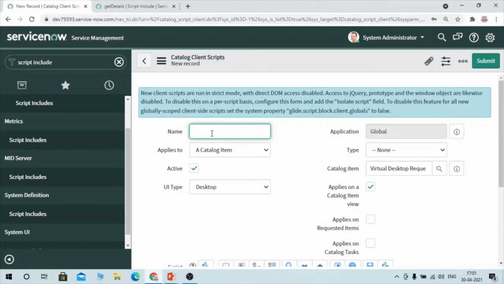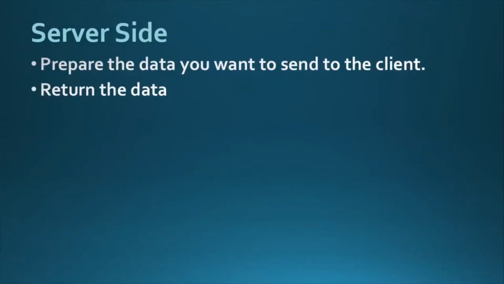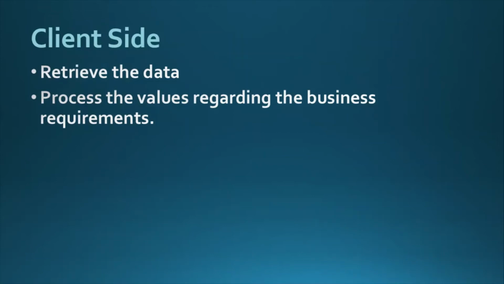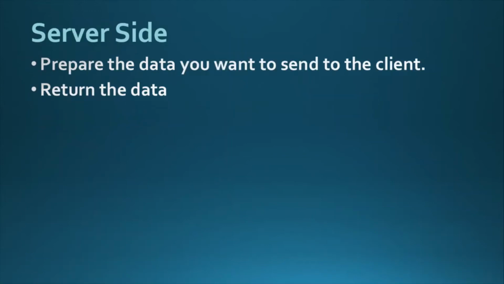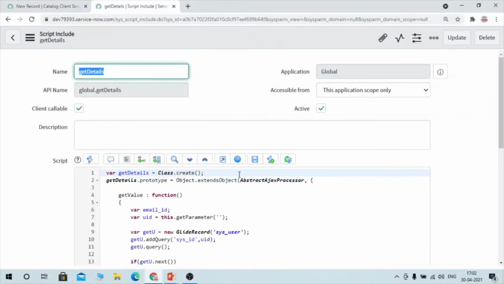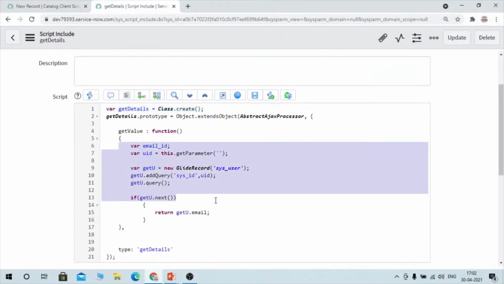So guys, remember one thing. I always try to make key points. Whenever you are doing any coding or learning any new thing, always try to understand that concept. Okay, and always try to make some key points so you can refer to them and understand. So according to my understanding, I provide you key points. So see how I have sorted it out. First I need to prepare the data, then I have to return it. So let's see what I have done here. Here I have prepared the data and I have returned it.